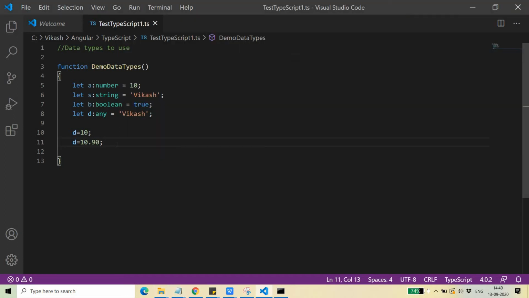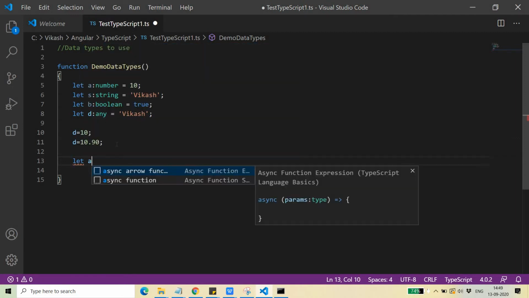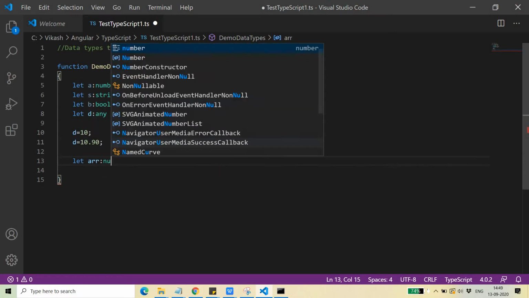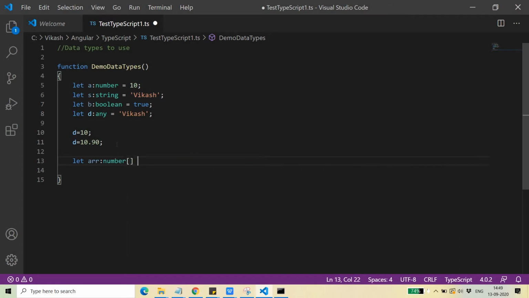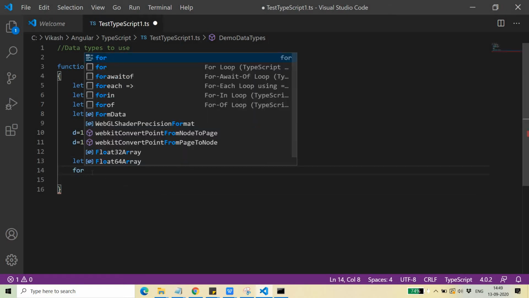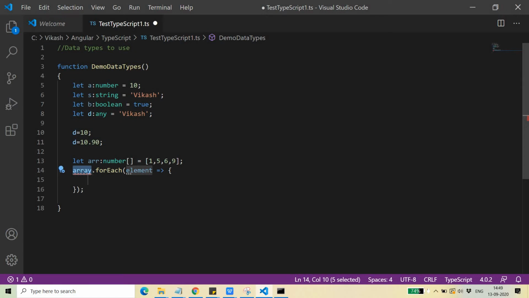And if you have to create an array, then let arr, and what type of array? Of type number. Then it will be like this, 1, 5, 6, 9, something like this. And then I just want to print it. So it will be a for loop, let's not use forEach right now.